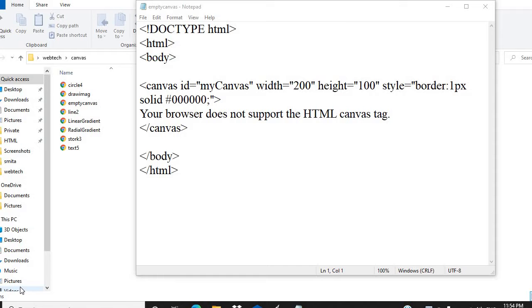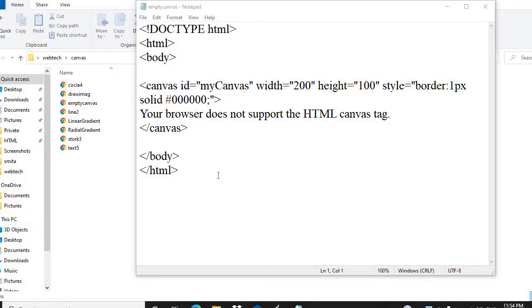If you want to put any graphic, for example any shape, we require the canvas tag. Student, I have already put up a video, so you can view it. Over there you will get the various tags and their attributes, and how to draw the different types of canvas. That is nothing but your HTML graphics. Today I am going to start with practically how we will put graphics on my browser.